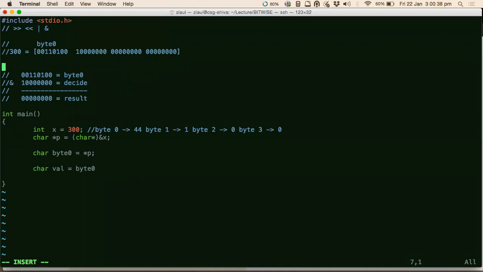Say byte 0 is containing 44. Okay, yes. So we can make a loop, dividing the number by 2, the whole procedure of converting from decimal to binary and storing each bit in an array. I get it. His approach is also fine. He's saying just take the number 44, because you know that byte 0 is going to contain 44, convert 44 to binary and store each of the bits into an array. That's what you are saying, right?